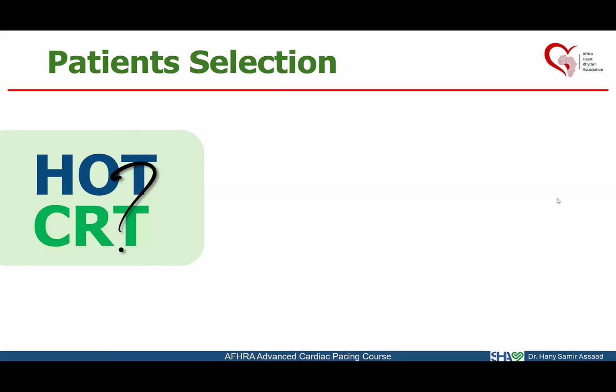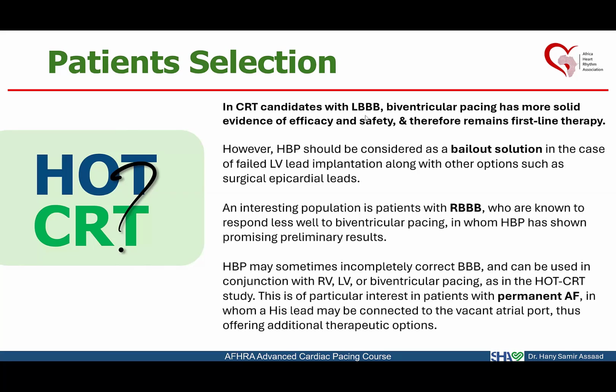CS pacing. Again, in CRT candidates with left bundle branch block, biventricular pacing has more solid evidence of efficacy and safety, and therefore remains the first-line therapy. His bundle pacing could be a bailout solution in case of failed LV lead implantation, a way of thinking in patients known to have less response to conventional biventricular pacing, like those with non-left bundle branch block morphology. And it could also be a way of thinking in patients with permanent AF, since you